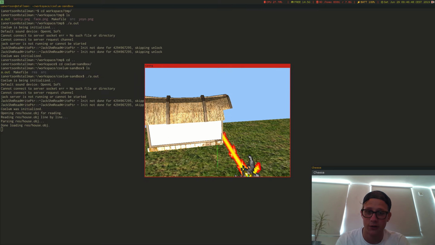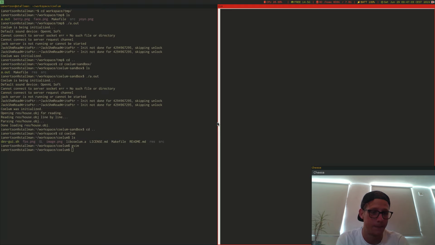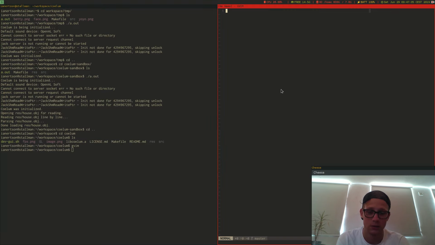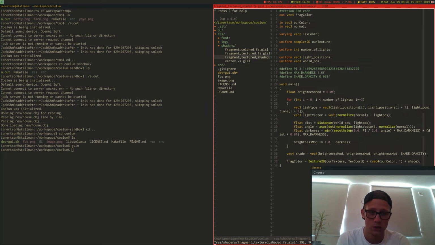I'm just gonna show you the equation. It's very simple. Wait, it's not in there. What am I doing? It's actually in, it's in shaders. I think this is the one. So